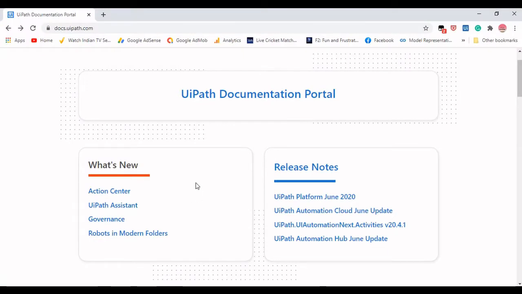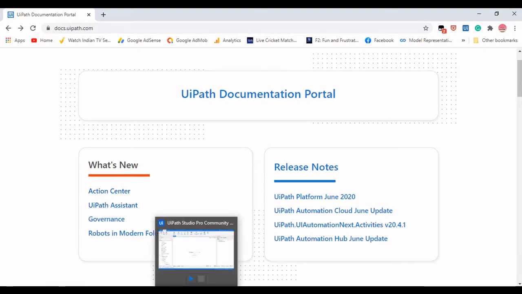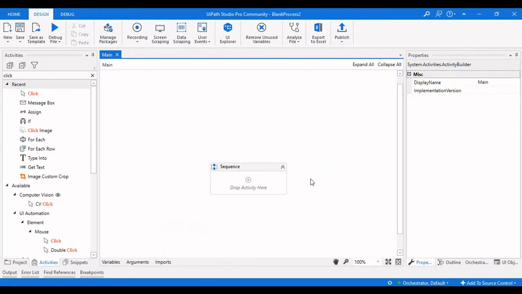And now first let me show you this one. These are the links that I am going to use for today's demo, and there are two different values here, Action Center and UiPath Assistant. Today I will show you a small demo on how to use a single click and click on these two links here, so that will sum up how to pass a dynamic variable in UiPath.